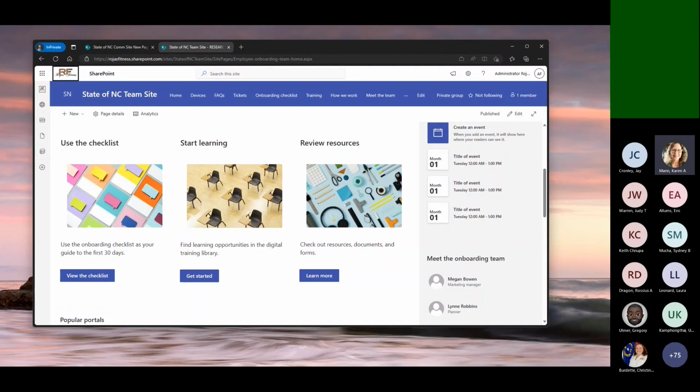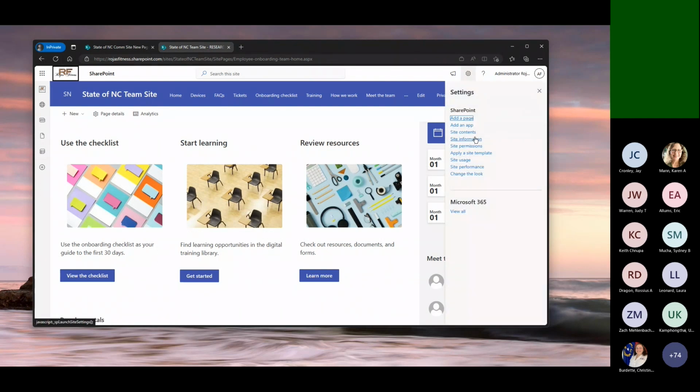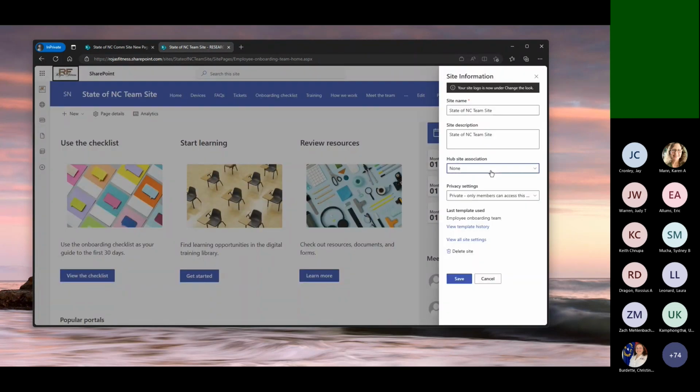All right. Stephanie Edwards is asking, how do we link various separate sites to a central hub site? And Greg, I believe that's something we have to do on our end. We have to go into the admin portal and associate a site with a hub. So Karen, you and Michelle and Rodney, you guys had the ability to create or promote a site, register it as a hub site, but the site owners themselves have the ability to say, hey, you know what? I'm going to go into site information here, and I'm going to associate with,